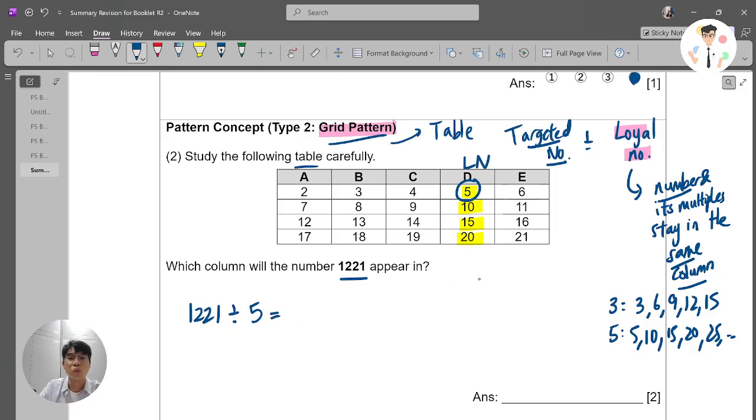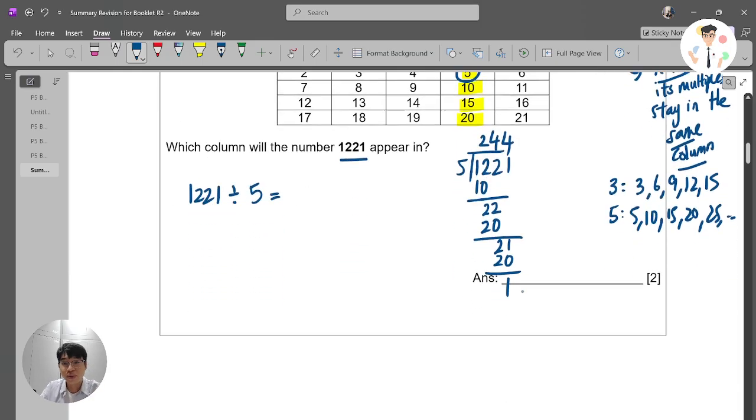The same thing, we divide. 122 divided by 5. So 5 times 2, 10. And there's 22 here, so 4 times 5, 20. And there's 21 here, so 4 times 5, 20. Now, what did you get here? My remainder